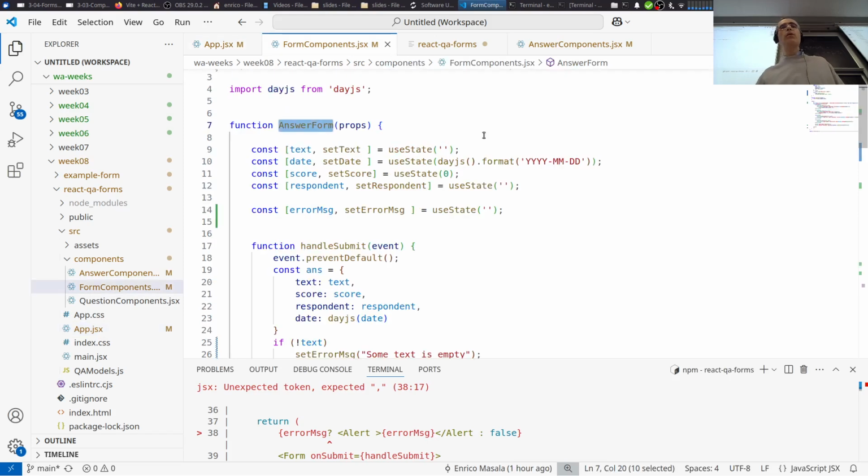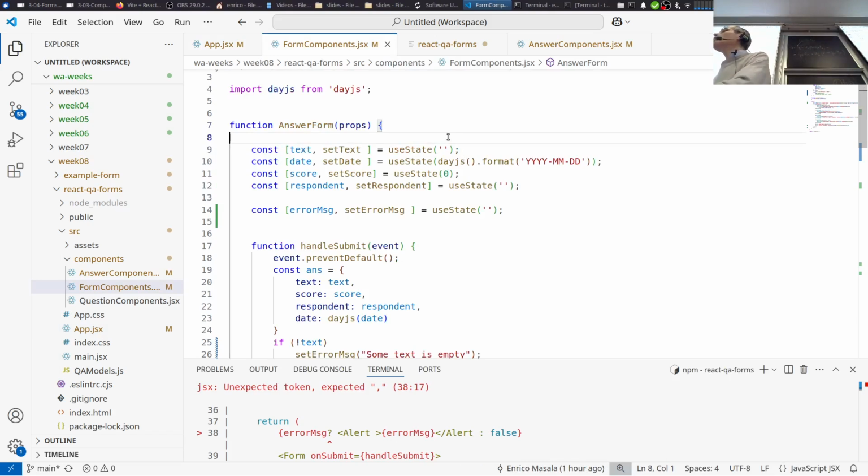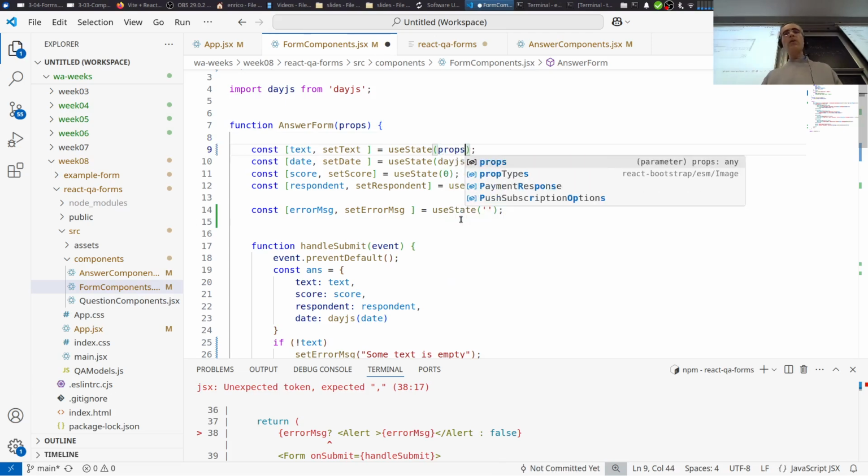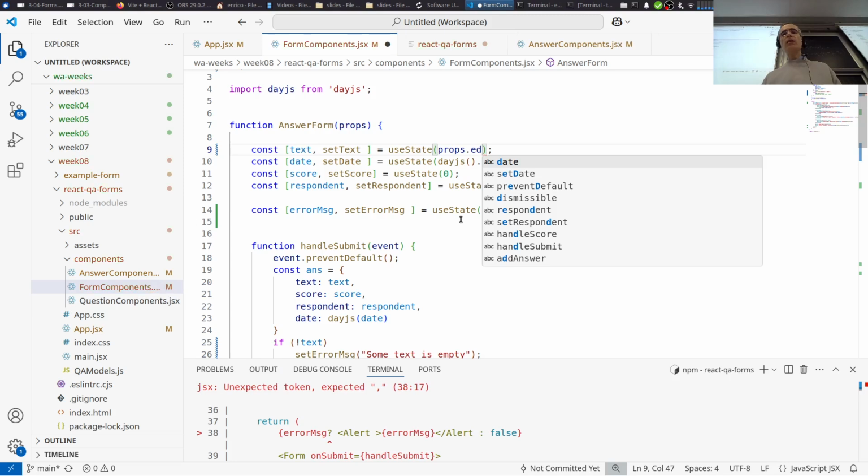So for components here, I just want to make sure that it works for both cases, if the edit object is set or not. Because I want to have the same form working both for adding and editing. So the initialization is a bit more difficult. So like props edit object,